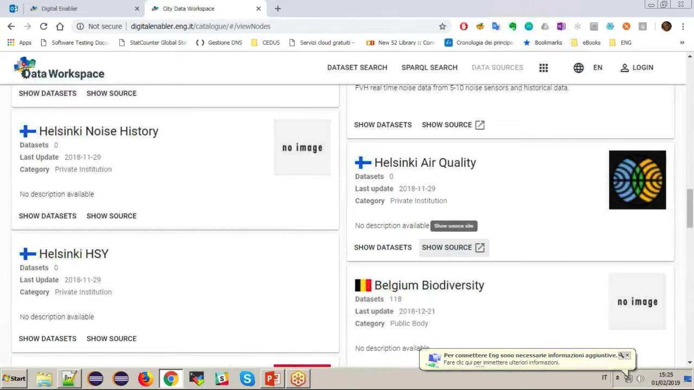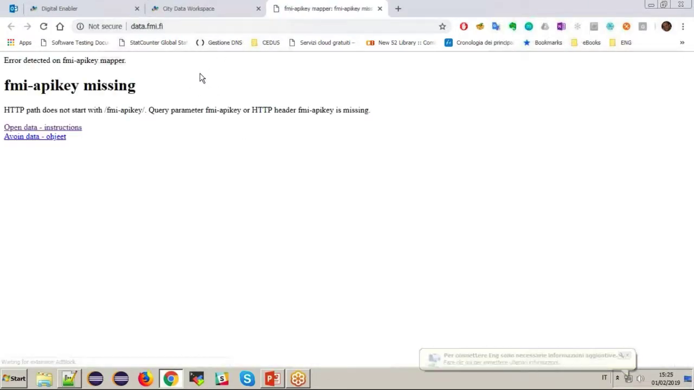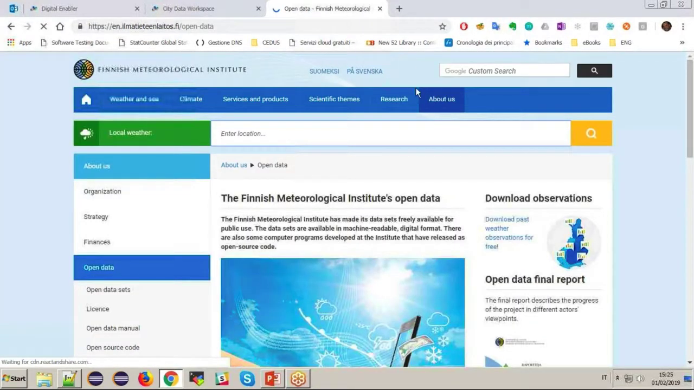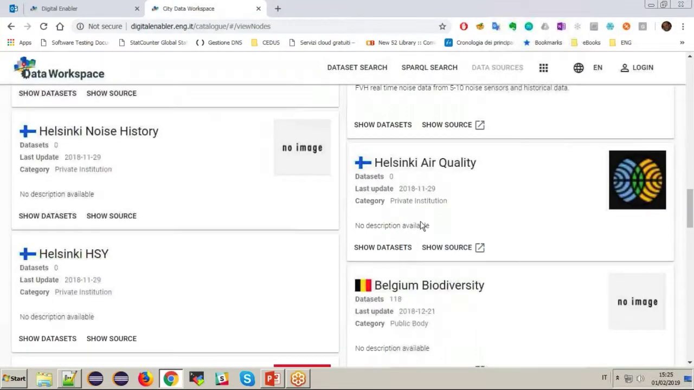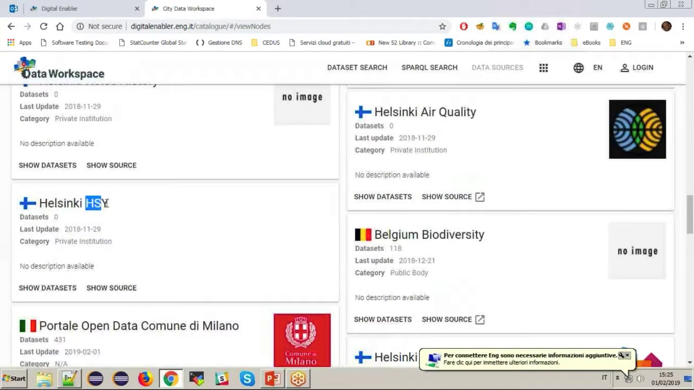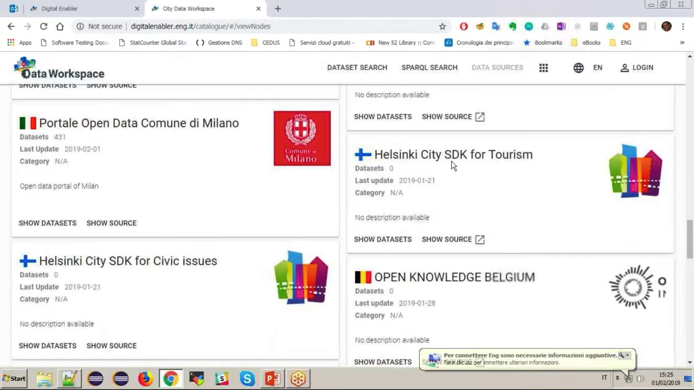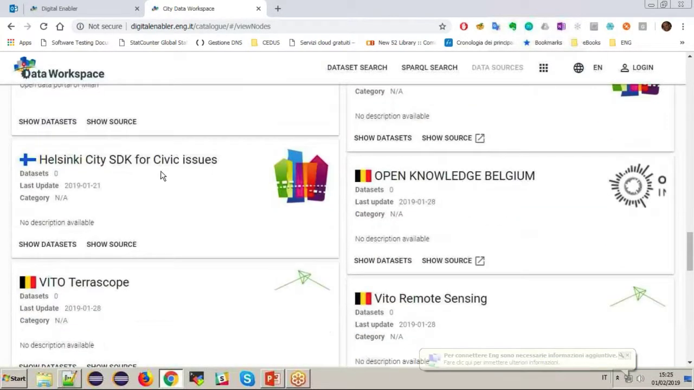By clicking show source, you can go directly to the endpoint. Of course, this is just an endpoint. You have to configure the API key. In this case, you can find other instructions directly by clicking on the open data instructions, of course, in this specific case. And we have the HSY in Helsinki, the SDK for tourism,